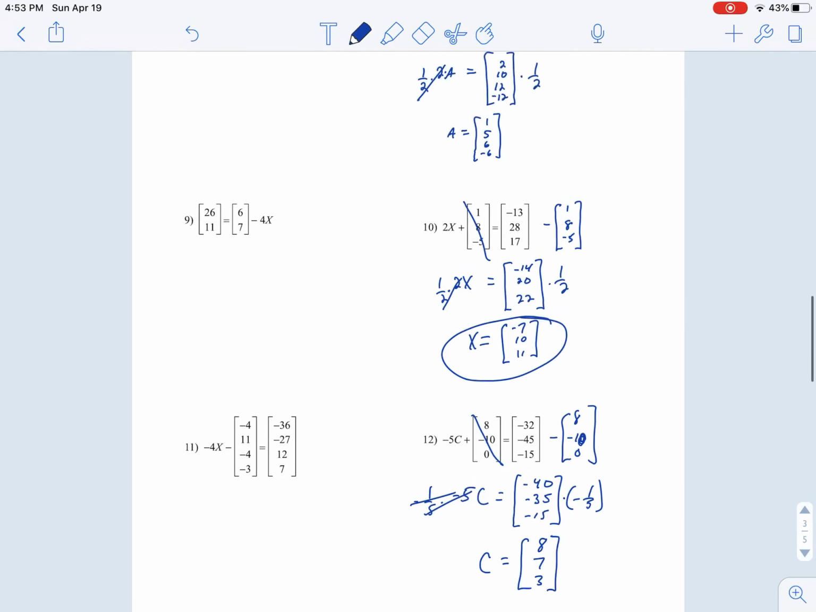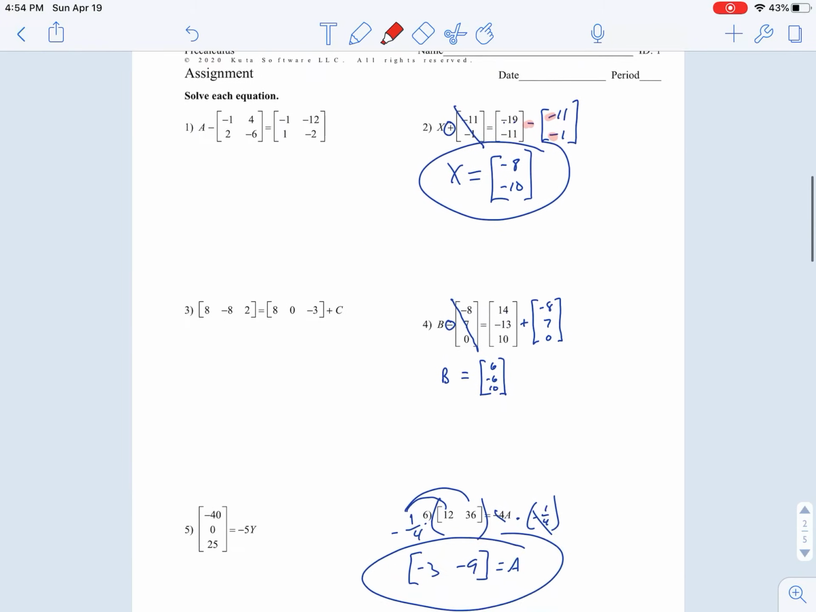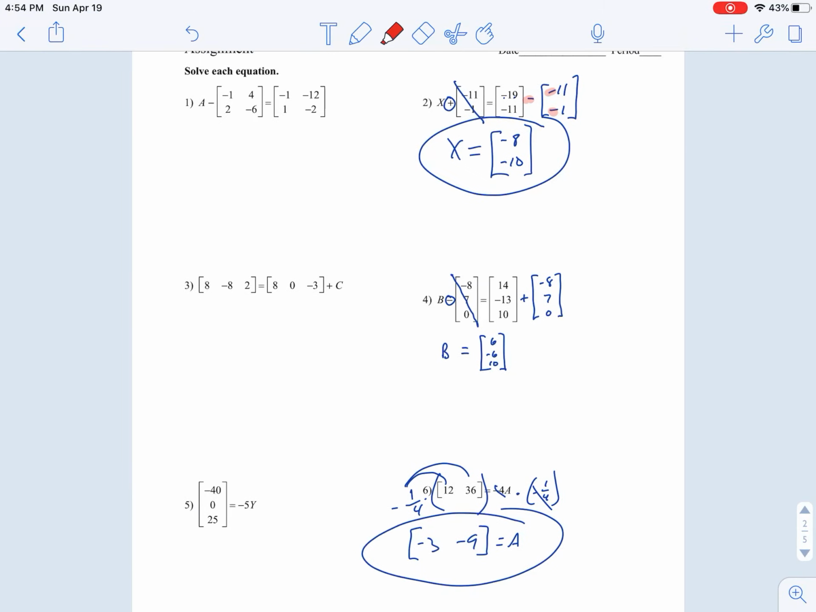So it's just like solving equations you learned how to do in Algebra 1 way back in the day. You're just dealing with more numbers at a time because they're stacked up in matrices. So that's about it. Good luck. Do the odds and contact me with questions if you got